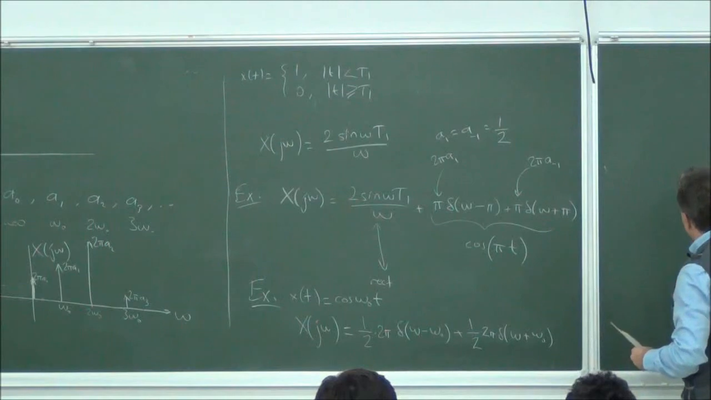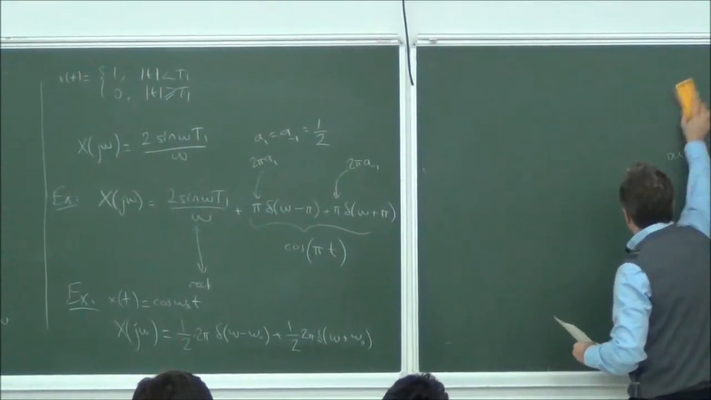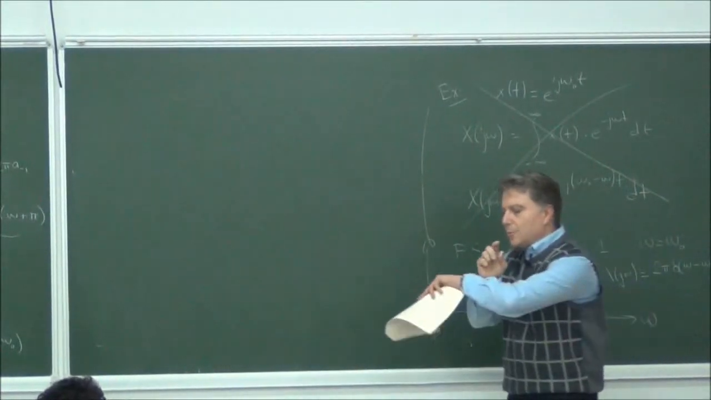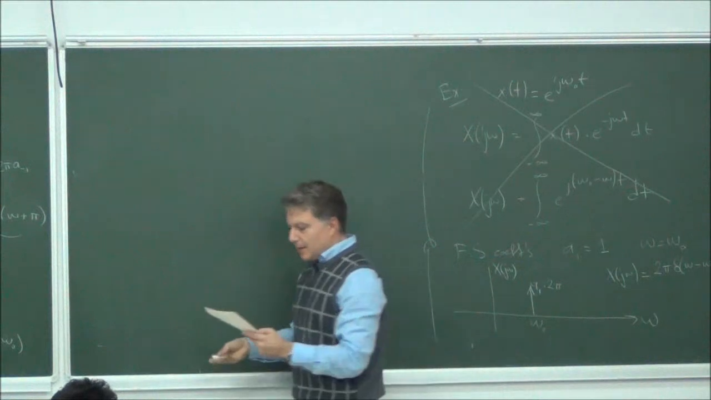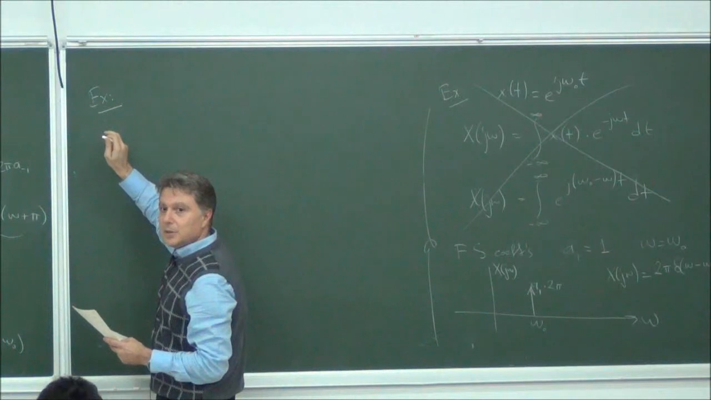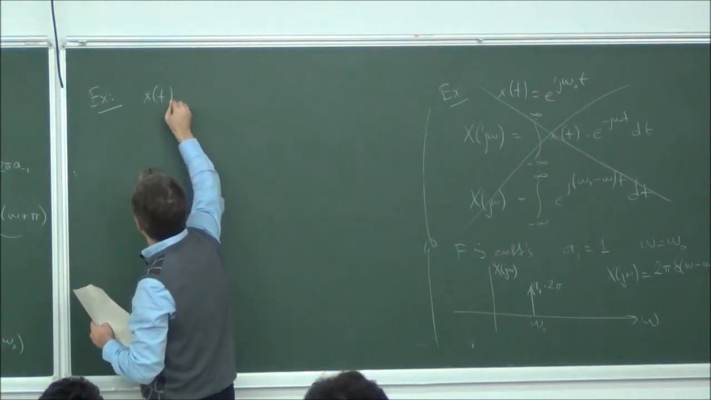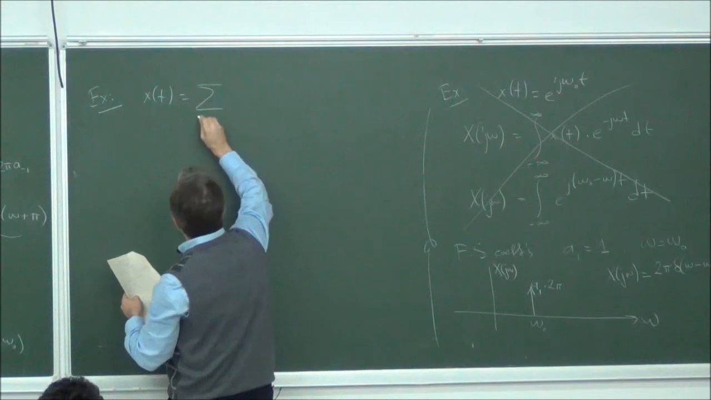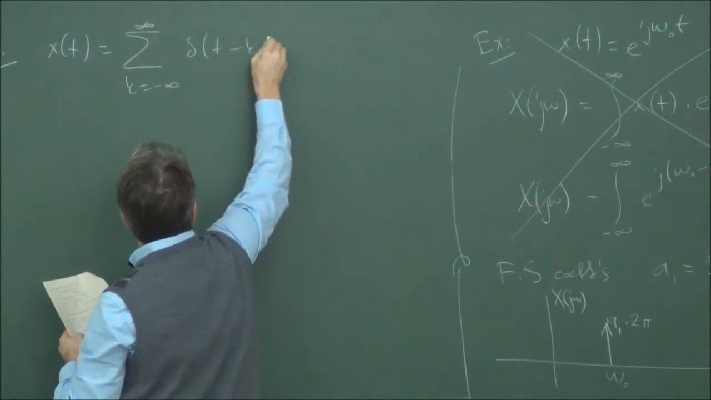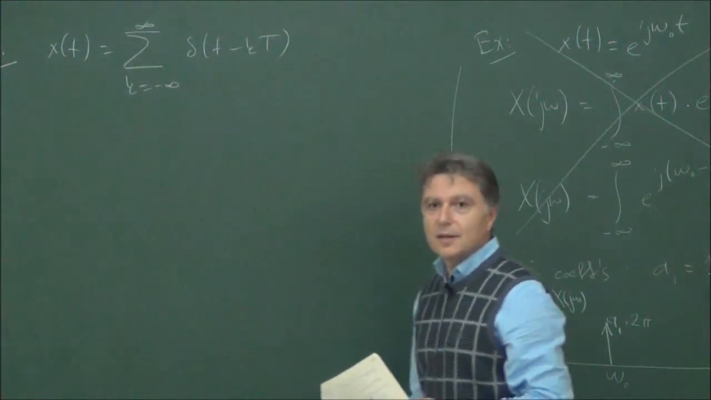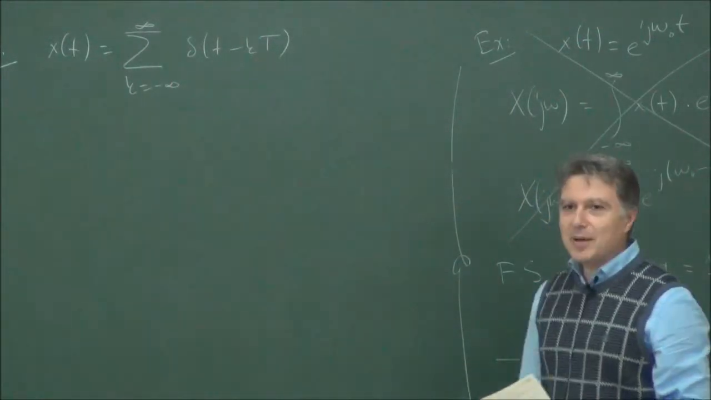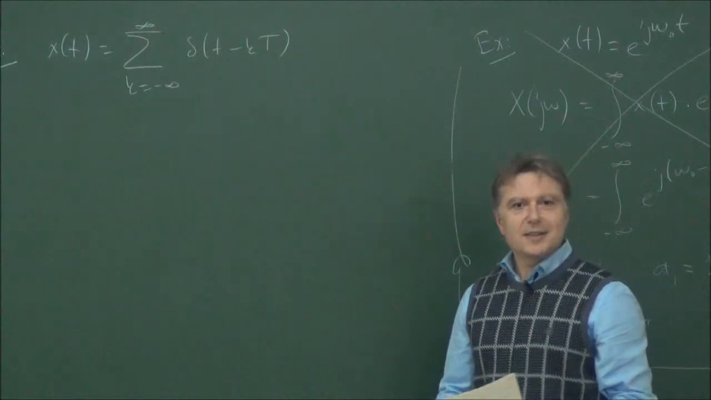Now, an interesting signal, and I'm going to solve it in two ways. This interesting signal is, let me give you a hint, a periodic signal. X of t is equal to the sum over k from minus infinity to infinity of delta t minus kT. Do you remember the name of this? Impulse train. So this is an impulse train which is naturally periodic,